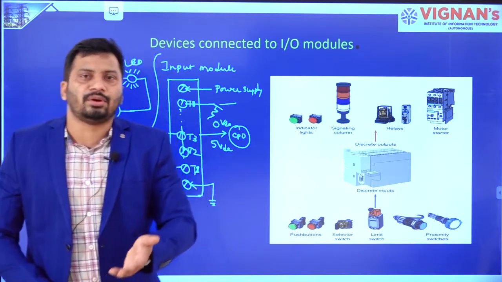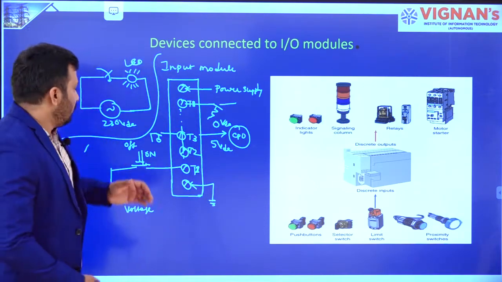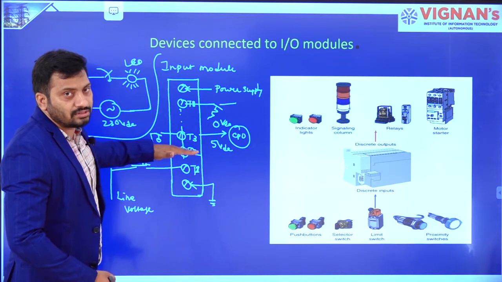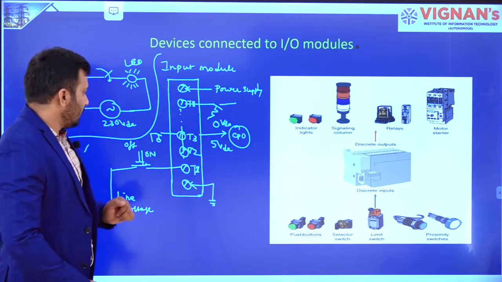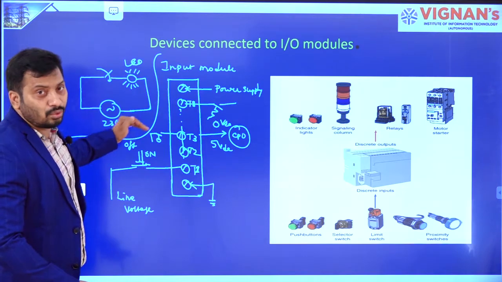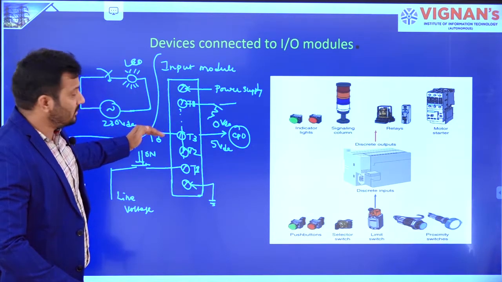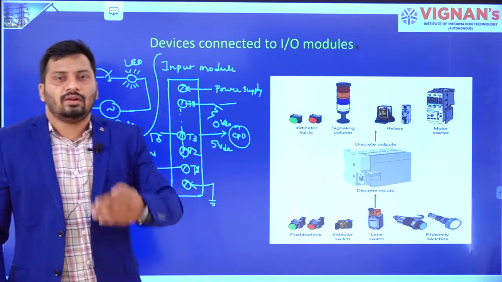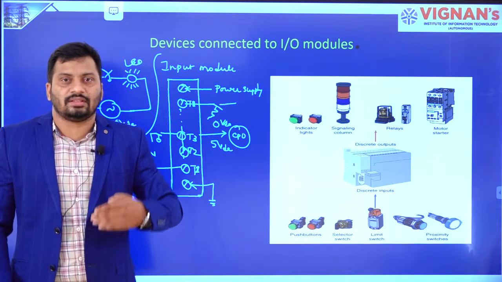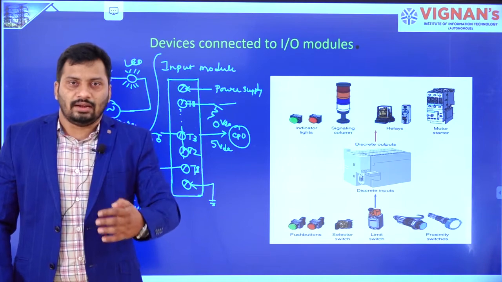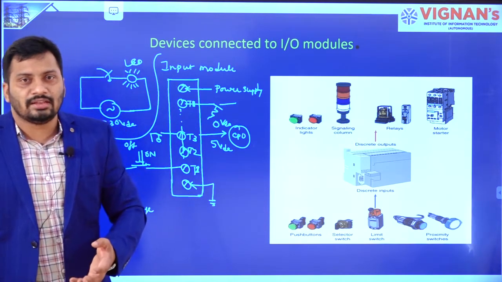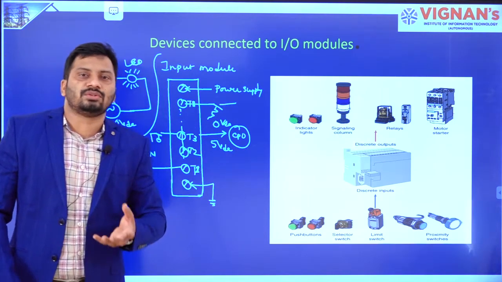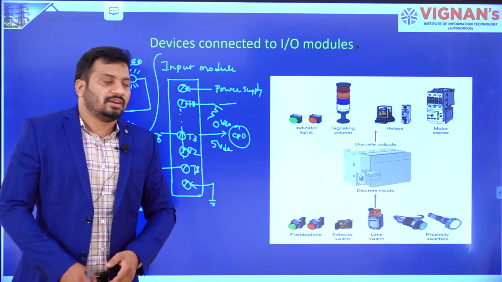We are going to understand this as we go on. For now you just remember that if the switch is in on condition, input is there for that particular terminal. Whenever input is there for the particular terminal, output is high. If the switch is in open condition, then there is no input to the particular terminal. That is the reason output becomes 0 volts. So now what the different switches, sensors and transducers are, we are going to see in this class, right? Especially the ones normally used in the industry atmosphere, we are going to discuss.